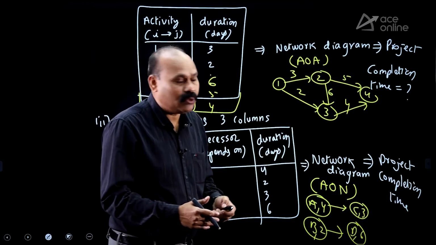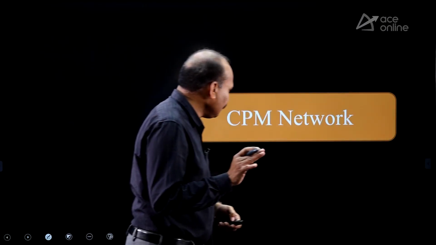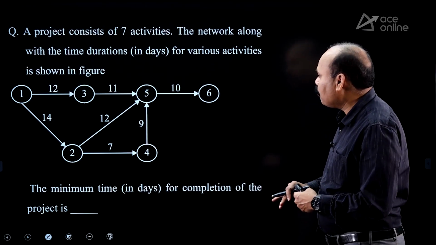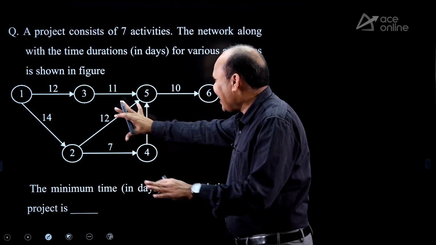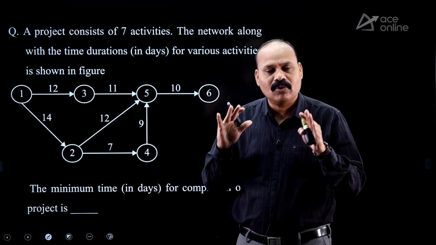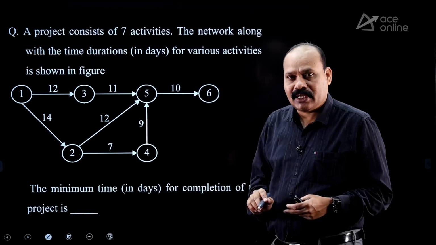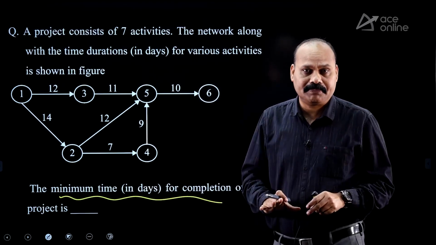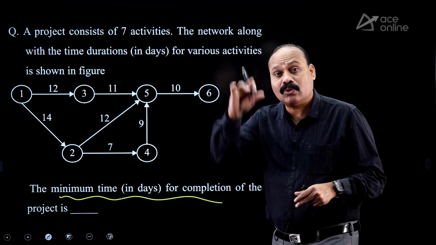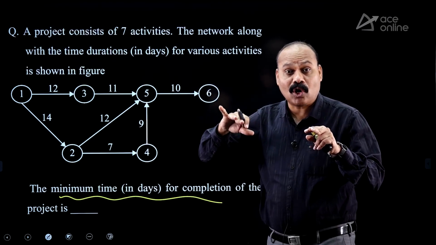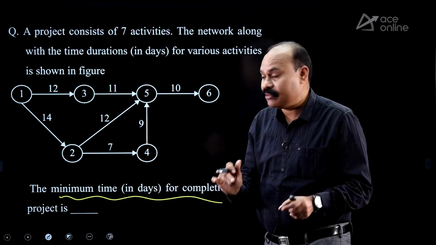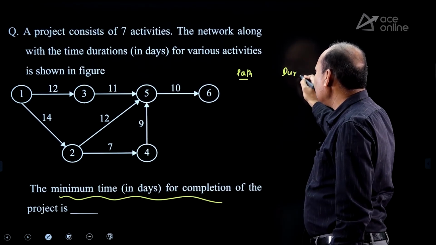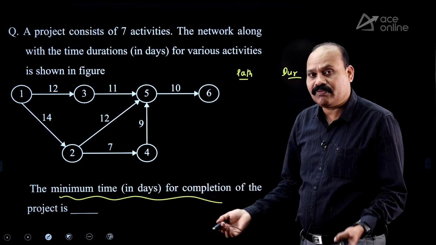Now let us have a sample question from previous papers so that we can get the clarity. Look at this, one sample question from previous papers. A diagram was given, and from the diagram we have to calculate the project completion time. Don't get confused with this. Minimum time for completion of the project is nothing but the critical path duration. Maximum time for completion of the project is equal to infinity. So get the critical path and duration. This question was given for 2 marks. It's a matter of 30 seconds.